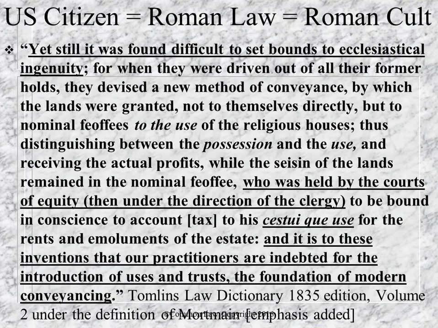This is Tomlin's Law Dictionary, 1835 edition, Volume 2, under the definition of mortmain. Yet still it was found difficult to set bounds to ecclesiastical ingenuity, for when they were driven out of all their former holes, they devised a new method of conveyance, by which the lands were granted not to themselves directly, but to nominal feoffees to the use of the religious houses, thus distinguishing between the possession and the use, and receiving the actual profits, while the seisin of the land remained in the nominal feoffee, who was held by